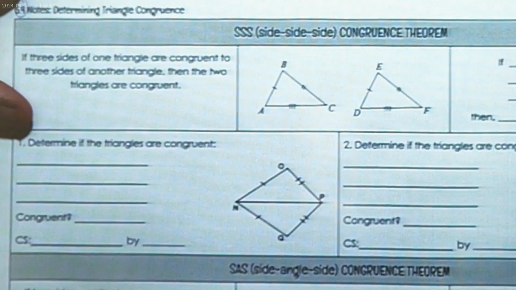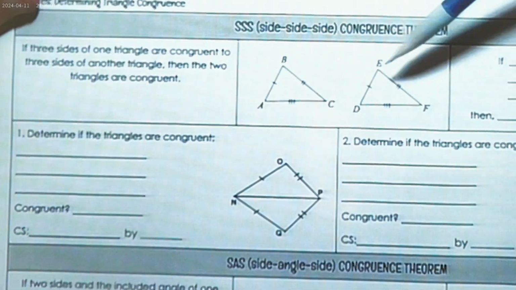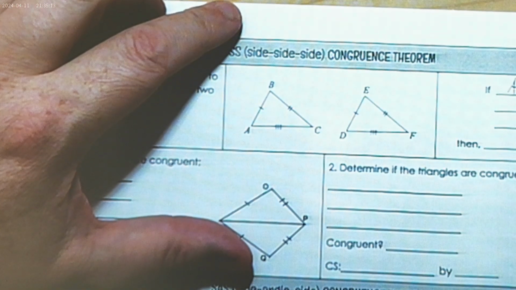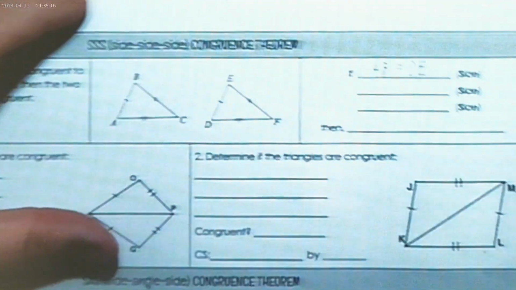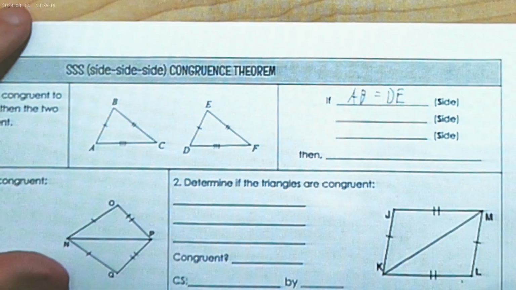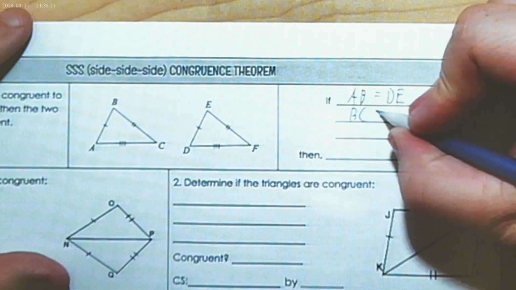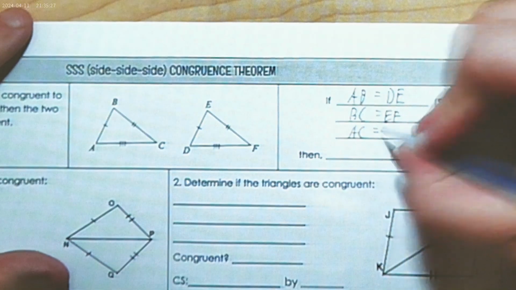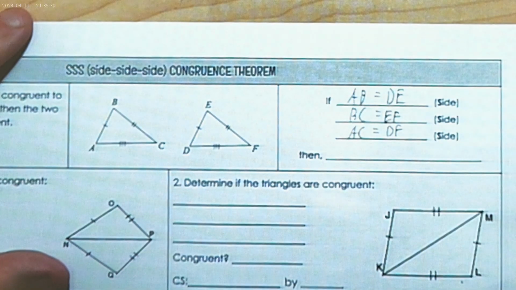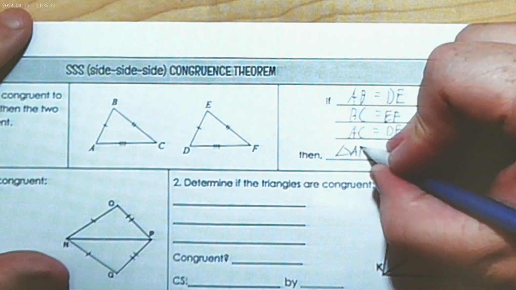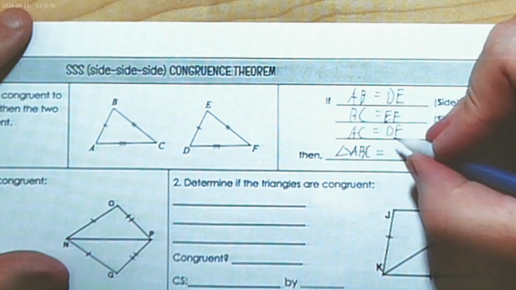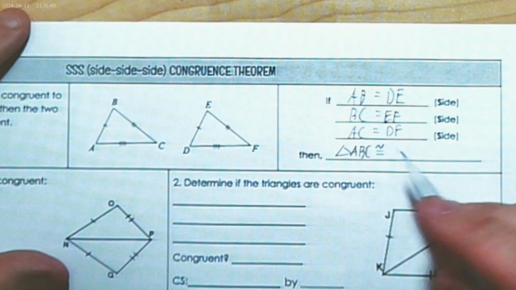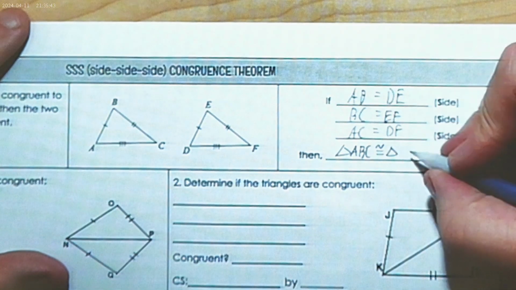So if AB equals DE, I'll even do it on camera here, if BC equals EF, and if AC equals DF, then triangle ABC is congruent, that's the equal sign with the little hair flip, to